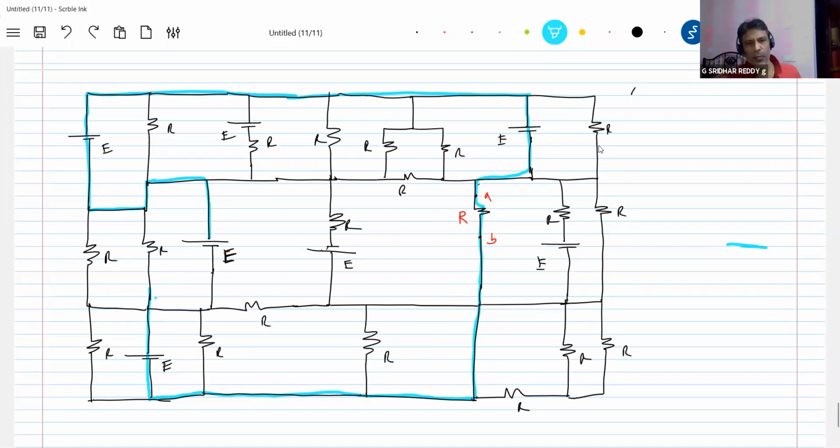Okay, fine. The blue colored path. Try to make note here: the current here will be different. The current at this point, this point, this point will be different. Here the current in this branch and in this branch will be different. So it doesn't matter as long as you're writing the KVL. Only the rise or fall in EMF matters here.